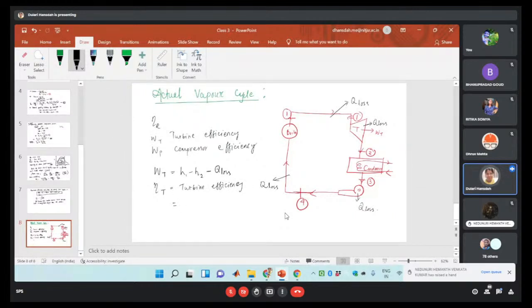Turbine efficiency we were finding as H1 minus H2 upon H1 minus H2S. So H2S is nothing but the enthalpy change during your